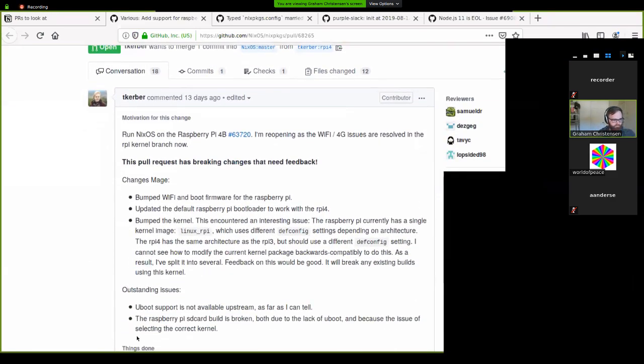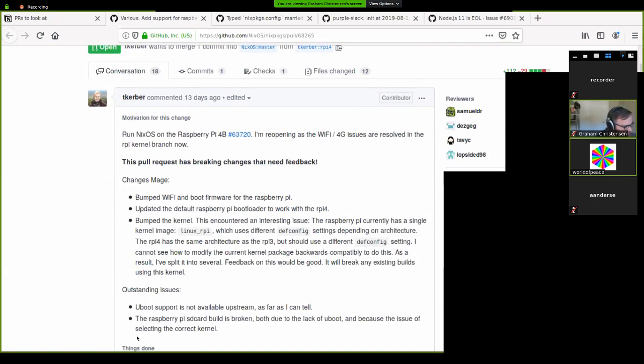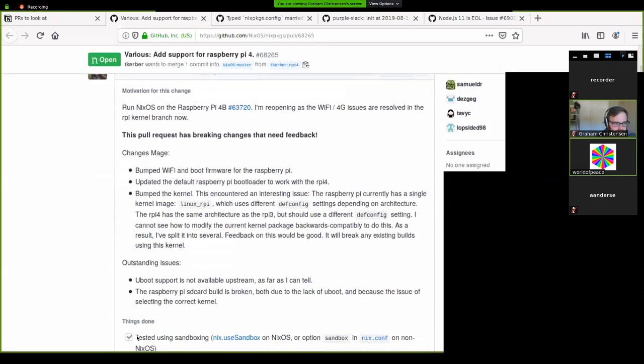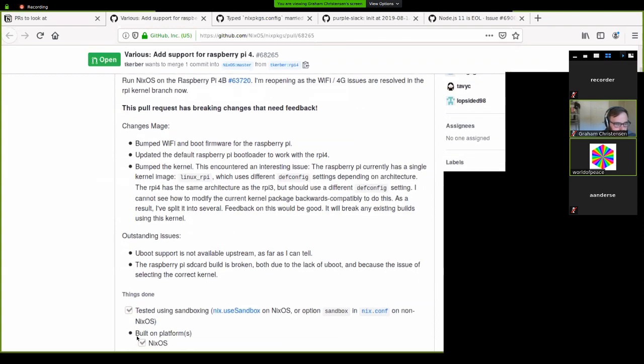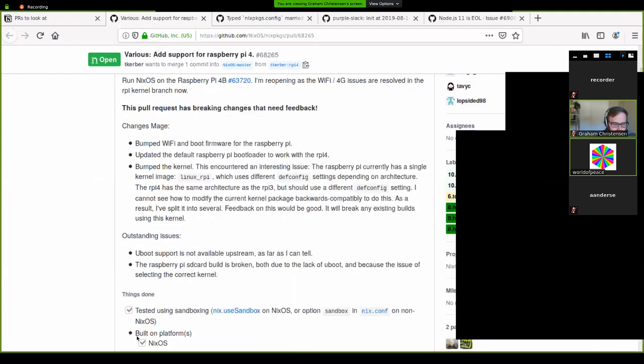All right. These are changes to make NixOS run on the Raspberry Pi 4B. Oh, I recall seeing this PR. I can introduce it if you prefer. Oh, excellent. Yeah, please. Hello. I just had to make the input work, so the audio was on the output. Okay, this PR is basically adding a new SD image builder, but specialized for the Raspberry Pi 4.